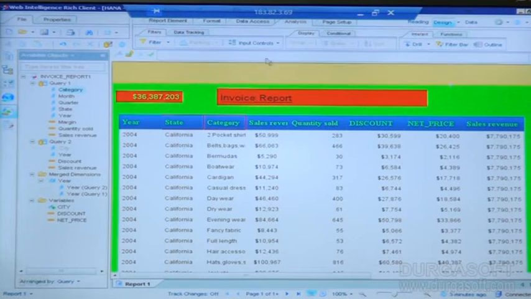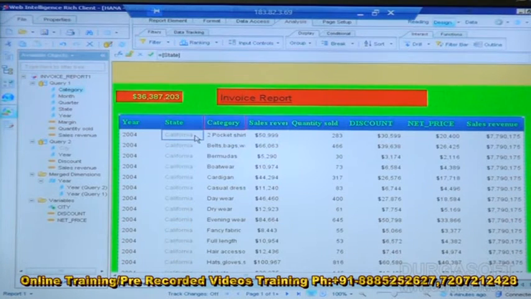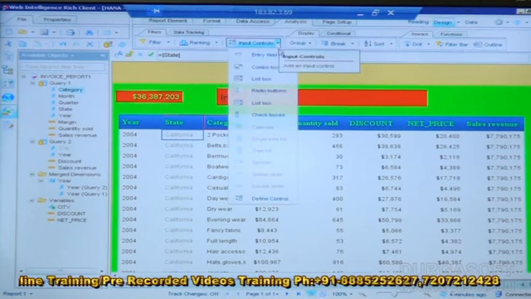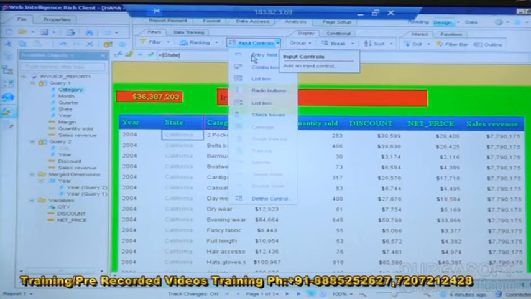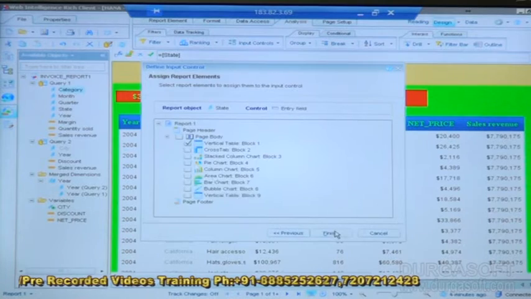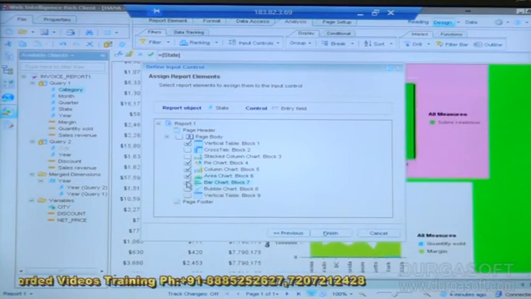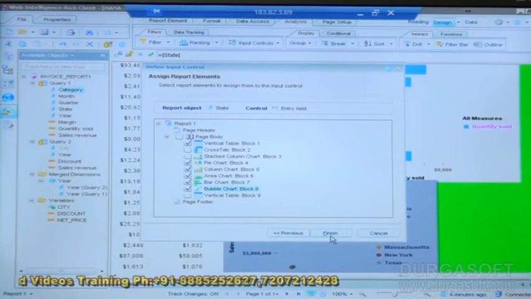Similarly, we have a lot of input options here. If you want to do any input option state-wise, here I can write input option. First we go for entry field on state. It means we have to enter manually. When I do entry fields, all the values must change. Finish.